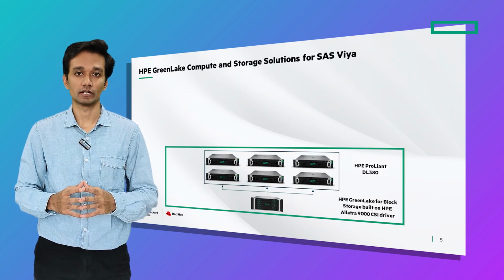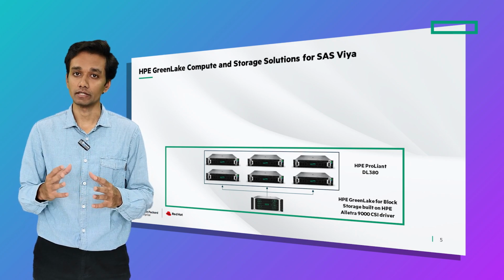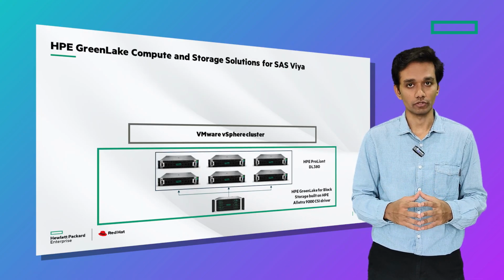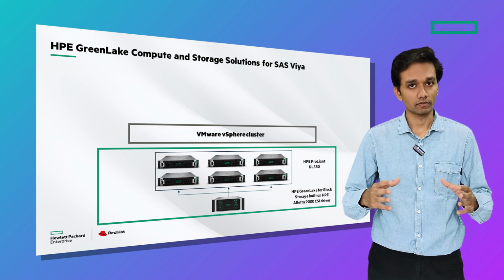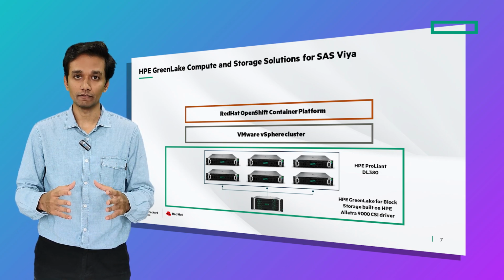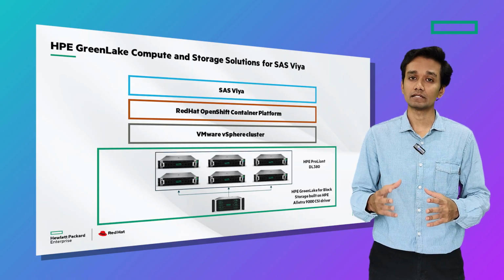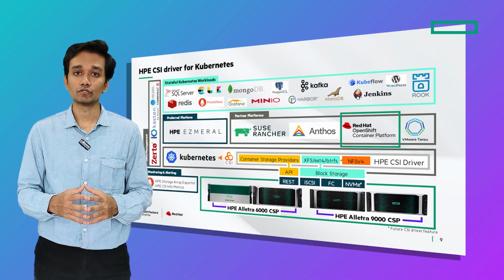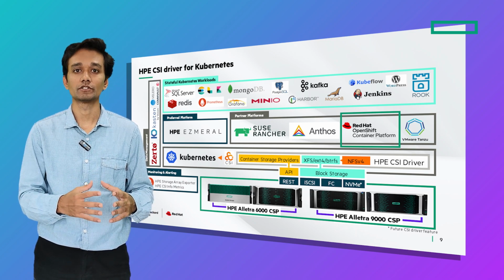The first step in this solution architecture is to get the infrastructure layer in place, which includes the compute, storage, and networking components. Here, we use the HPE ProLiant servers and HPE Alletra storage. Then we create a VMware vSphere cluster on top of the ProLiant servers. Then we deploy Red Hat OpenShift Container Platform version 4.12 on top of the vSphere cluster. This OpenShift cluster and the subsequent SAS Viya pods will get storage out of the HPE Alletra storage system. Here we use the Container Storage Interface, or CSI, driver created for HPE Alletra storage, which integrates with Red Hat